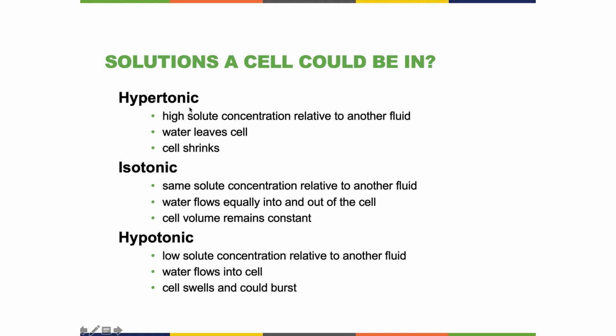In a hypertonic solution, there's a very high solute concentration outside of the cell, much greater than what's in the cytoplasm. This causes water to leave the cell to try to equalize, and the cell shrinks. This is why we put so much salt and sugar and spices in foods we want to preserve. Because if there are any bacteria in the food, this causes water to leave their cells, the membrane shrinks away from the cell wall, a process called plasmolysis, and now that bacteria can't metabolize. It can't reproduce, it can't break down the food, it can't produce toxins. So even though it's still there, and it's not dead, it's just not able to metabolize,